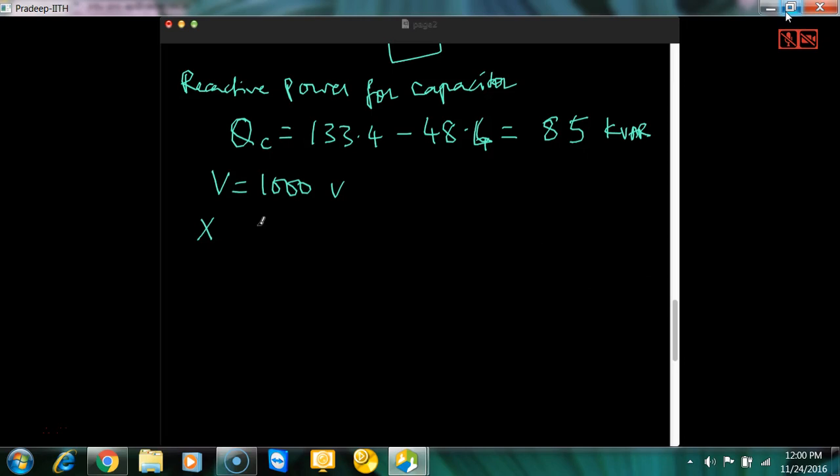Let's calculate the current first. IC is equal to QC by VC. So that is 85